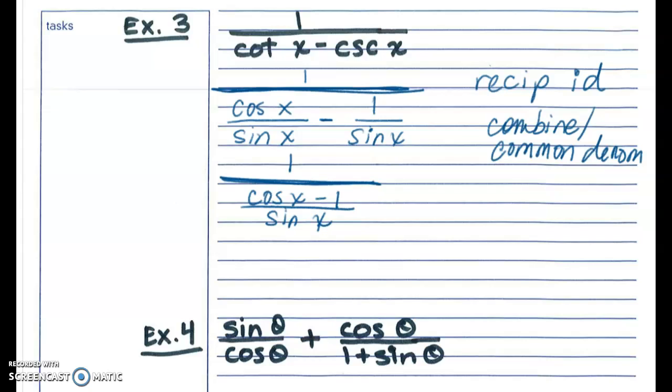How can I get rid of a complex fraction? It's a fraction and a fraction, it's called. How do you divide fractions? Keep, change, and flip. Or K, C, F. Not KFC, KCF. So 1 times